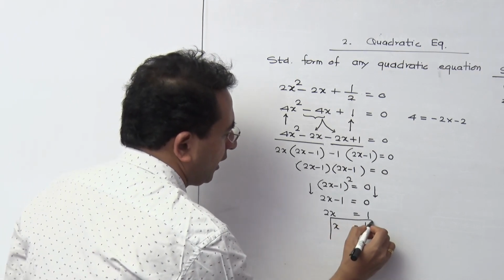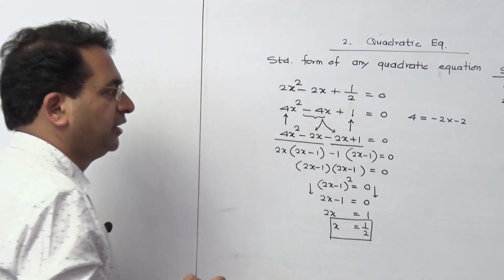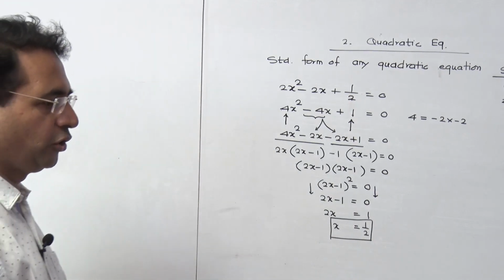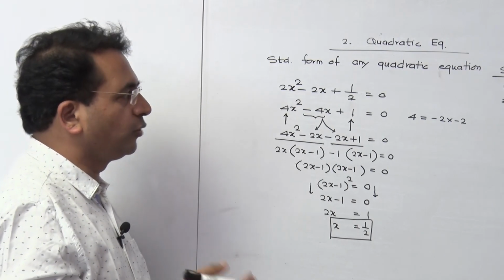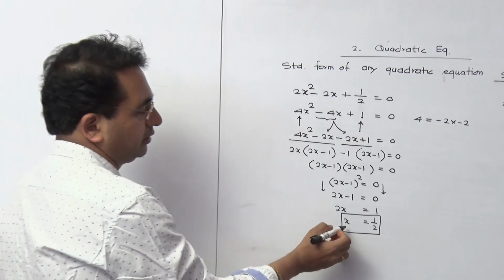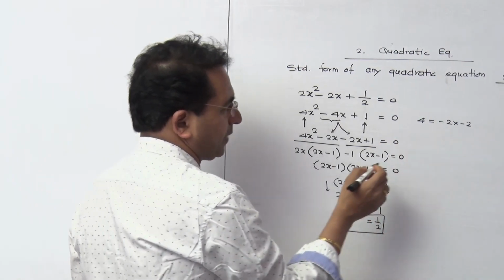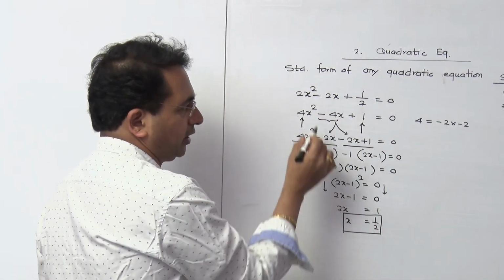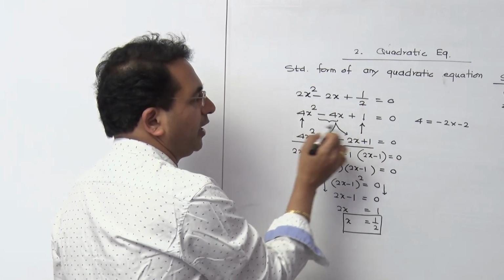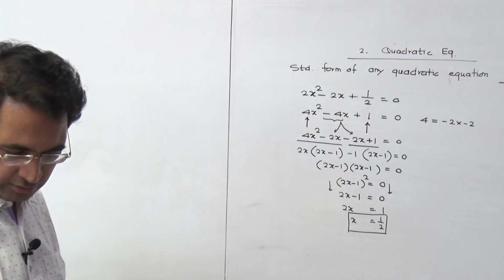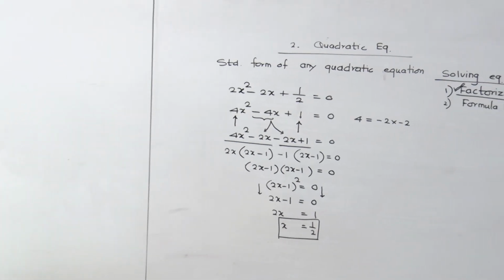For any quadratic equation, remember one thing: how many answers are you going to have? In a few questions you get only one answer. In the earlier question, normally we get 2 values of x. But if it is a perfect square, and this is definitely a perfect square, that's why you are getting only one answer for the quadratic equation. Is it clear to you?